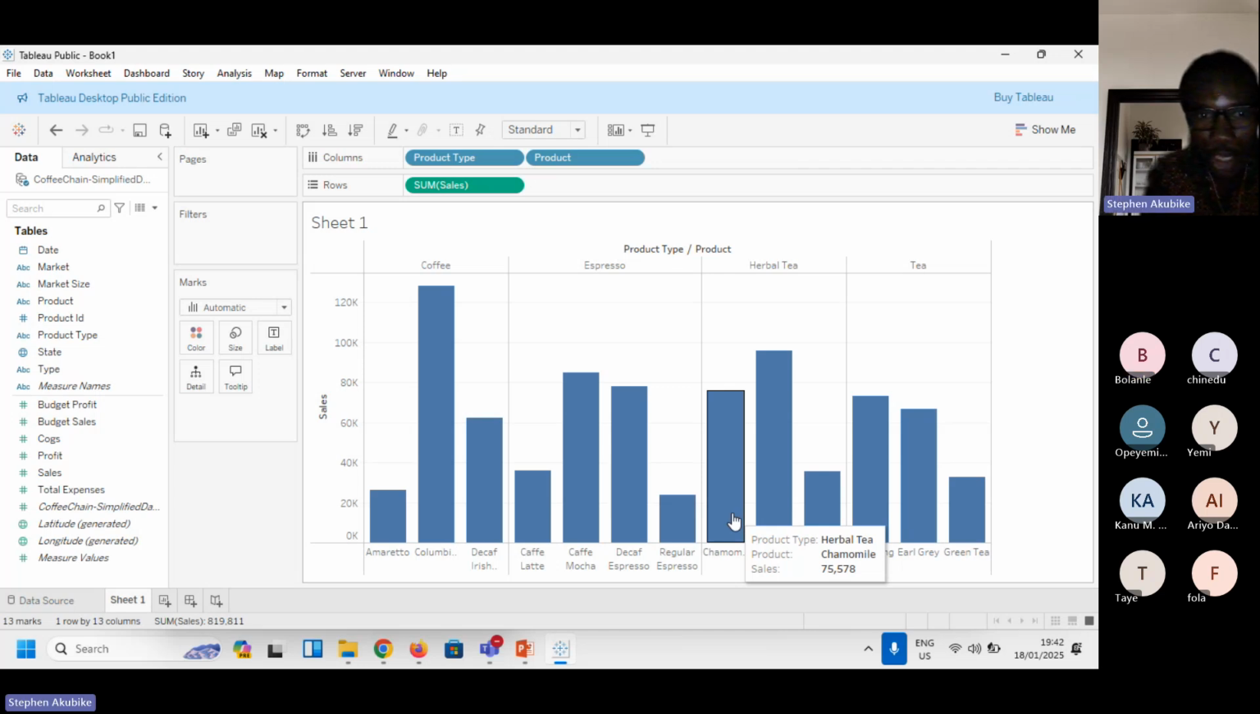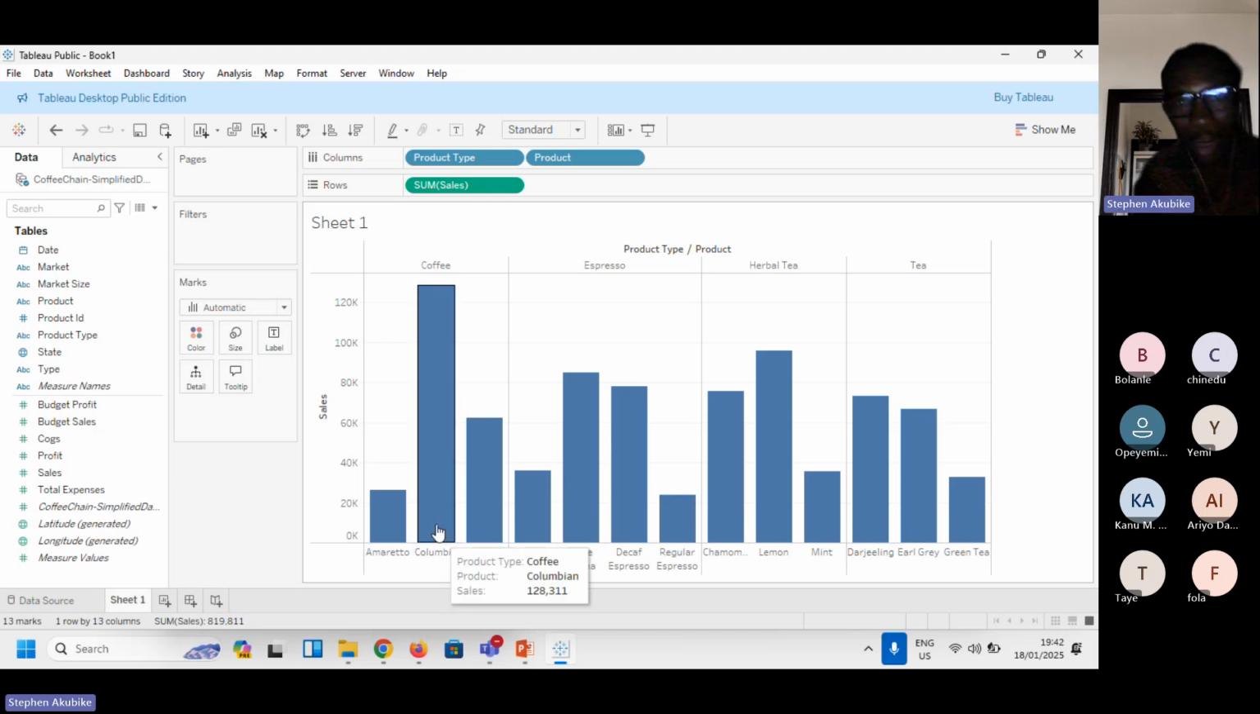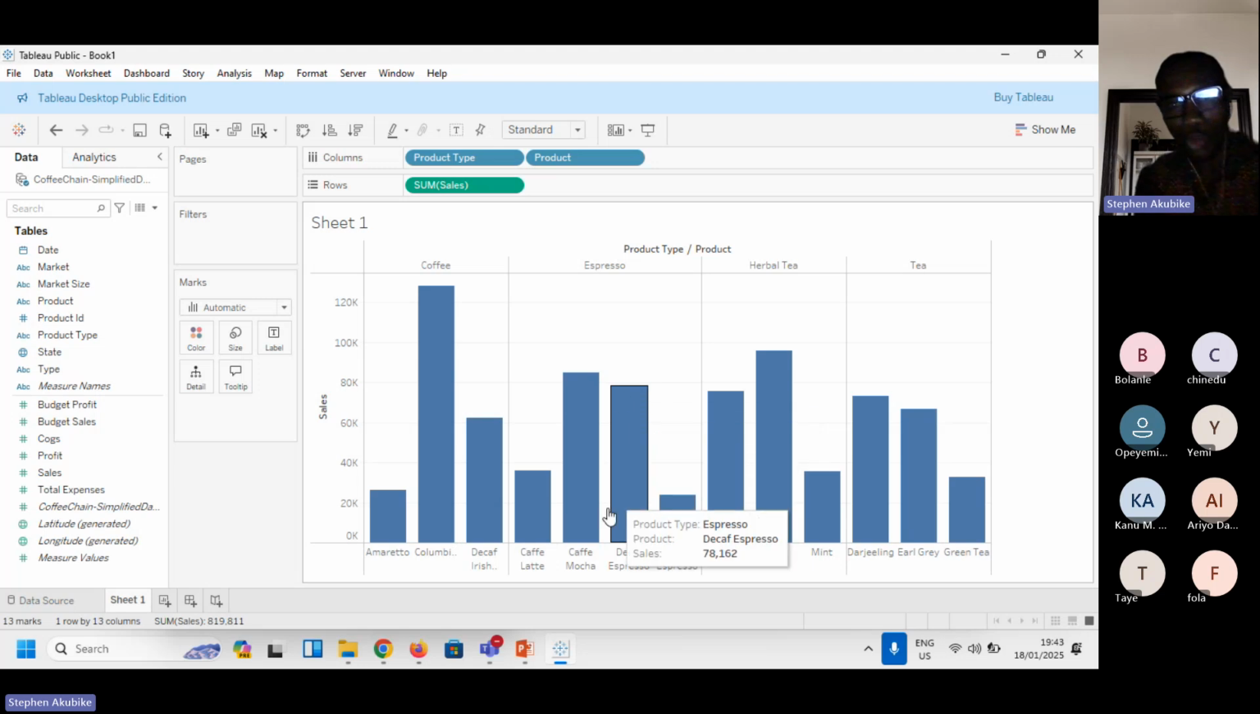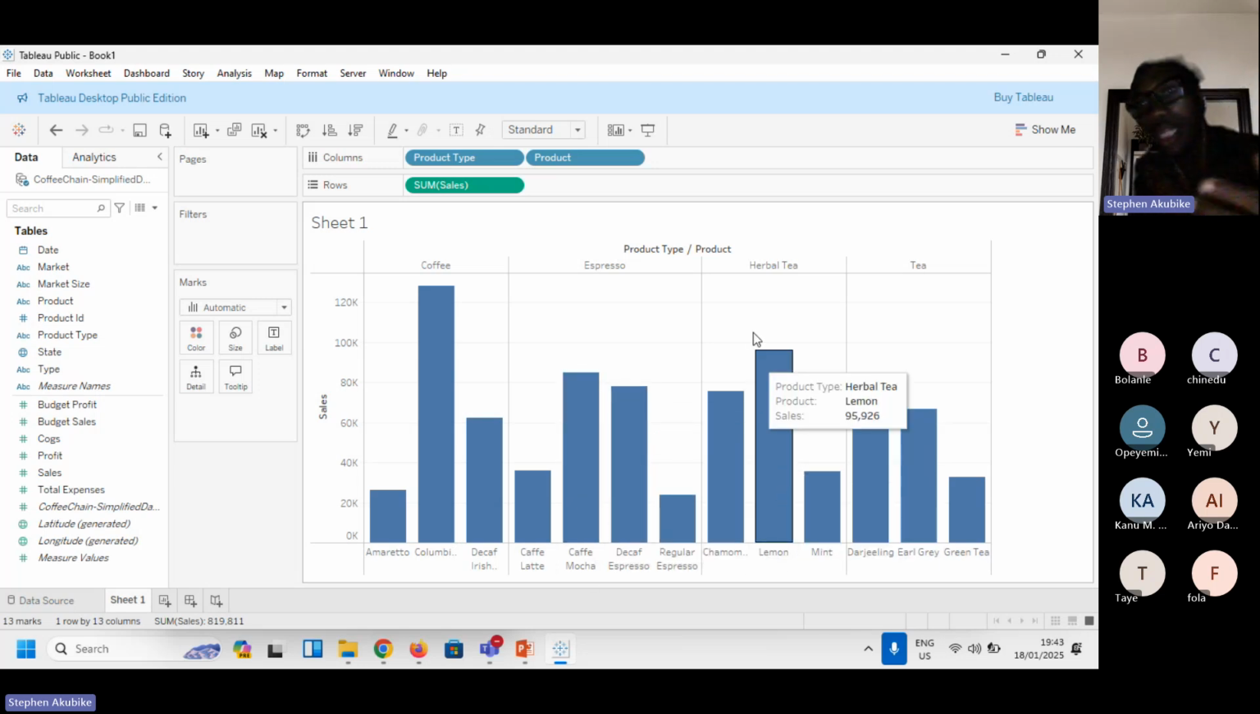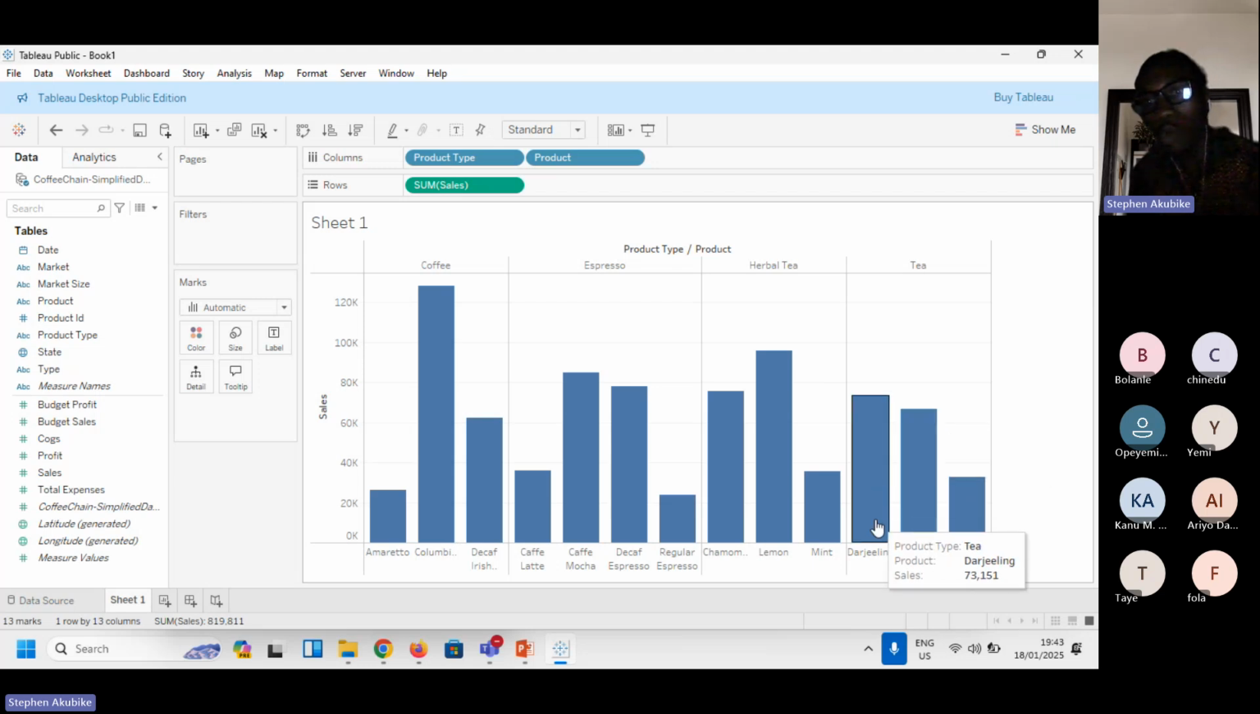Exactly. Now, under the coffee, we have different types of coffee that are being sold. Under the espresso, we have different types of espresso that are being sold. Under the herbal tea, we have different types of herbal tea. Under the tea, we have different types of tea. And you can see their sales broken down for you. So you can ask, okay, we are not just taking coffee in general. Maybe we'll take the Colombian coffee. Then when we come to espresso, we take the cafe mocha. When we come to the herbal tea, we'll take the lemon. When we come to the tea, we'll take the